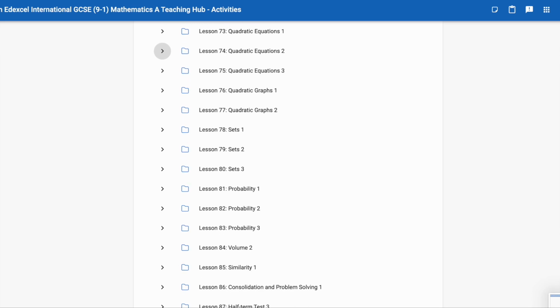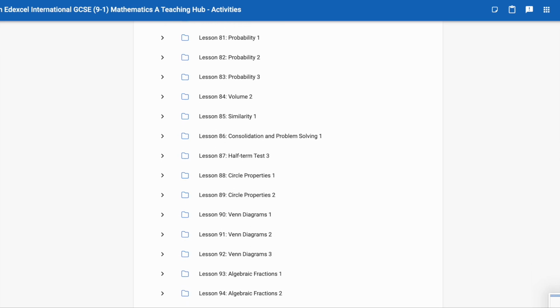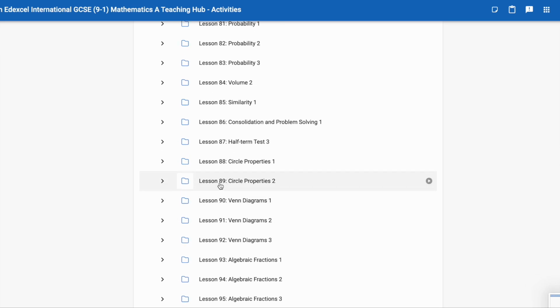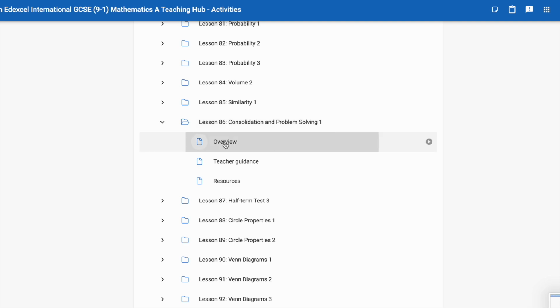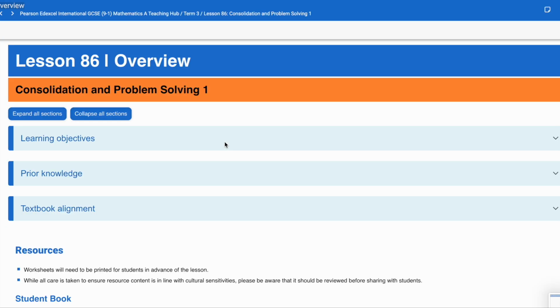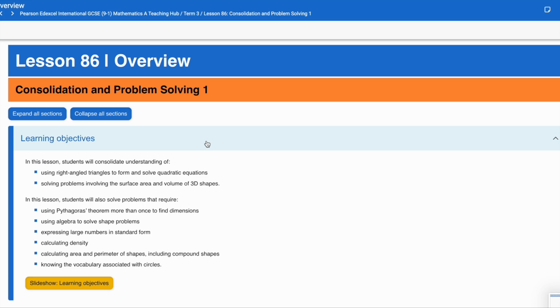Look at the menu of lessons in the Teaching Hub for Mathematics and you'll see that lesson 86 is a little different. It is a consolidation and problem-solving lesson. These types of lessons appear from time to time to allow you to review previously learnt concepts but also to give students a very important opportunity to practice meeting a variety of concepts in a single problem-solving context. Here, among the learning objectives, you can see that there are, for example, opportunities for students to practice solving